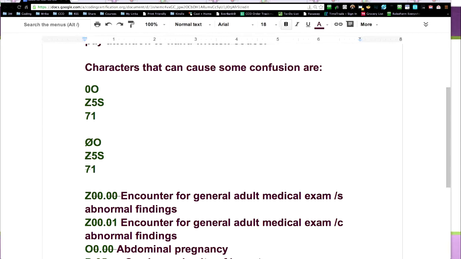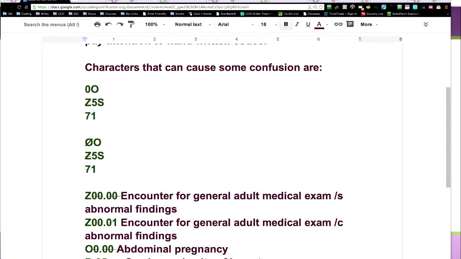The number 0, if you run a line through it or make it look like a not symbol, then every time that you write a number versus a 0, you'll never be confused which is the letter O and which is a 0. Okay. Also the Z, if you use a strike through, then you know for sure that it's a Z and not a 2 or a messy 5. You'd think that they wouldn't confuse them, but I've seen some really interesting handwriting. And 7, I always strike through a 7.